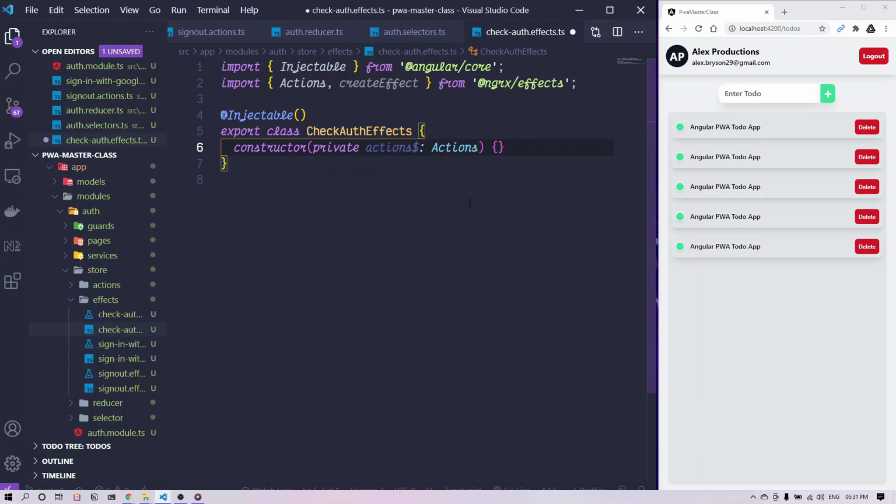Effects filter those actions based on the type of action they are interested in. This is done by using an operator. Effects perform tasks which are synchronous or asynchronous and return a new action. To isolate side effects from your component, you must create an effect class to listen for the event and perform